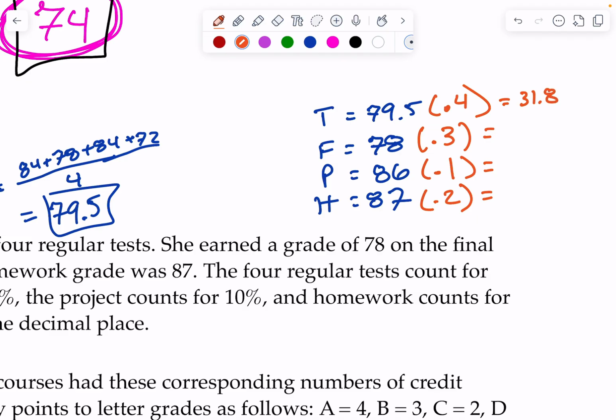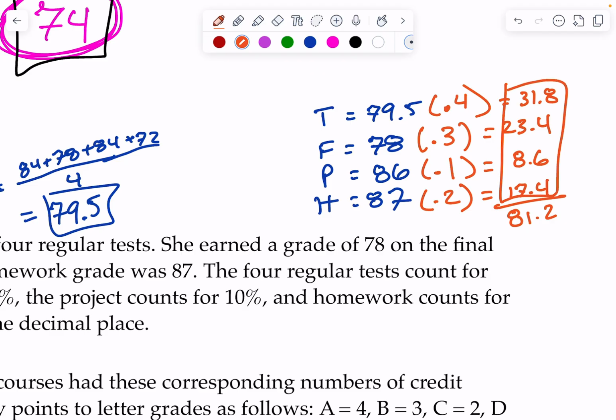78 times 0.3, and that's 23.4. 86 times 0.1 is 8.6, and 87 times 0.2 is going to be 17.4. Okay, so there is that. Now I'm going to add those together. 31.8 plus 23.4 plus 8.6 plus 17.4 is 81.2. Okay. Oh, by the way, after you add these together, you do end up having to divide